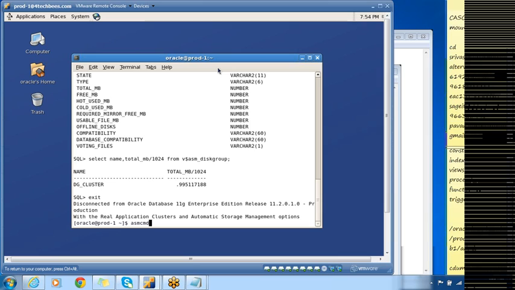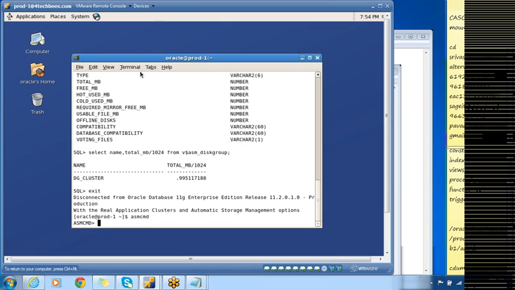ASM CMD, use CC, I can create a disk group. Okay. Can you give me the command which can be used to create the disk group using ASM CMD? As far as I know, ASM CMD can be used to traverse or to look at the files which are present in the disk group, and also to get the information about the disk groups. But what I'm talking about is which utility can be used to create the disk groups.